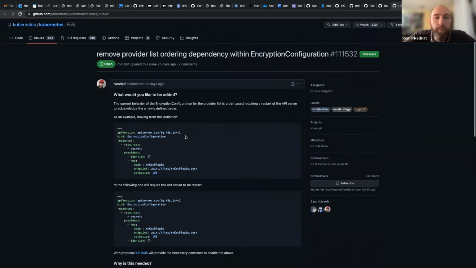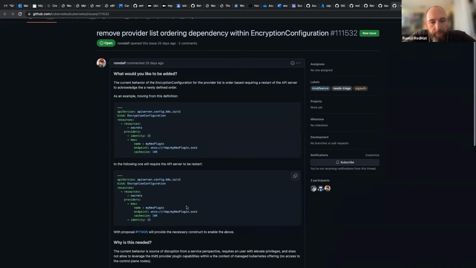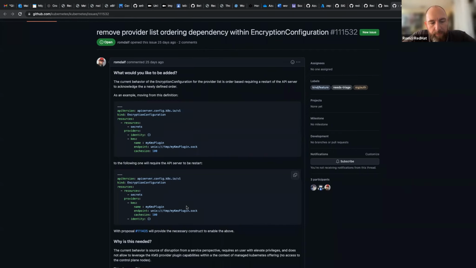Yeah. So this one can be closed against the issue that was discussed, 11111919, for the hot reload. Basically, this one was to remove the concept of the ordering within the file, so that we don't have to restart the API server all the time when we do such a change. And it's not just about the order, but also adding new providers and so on.